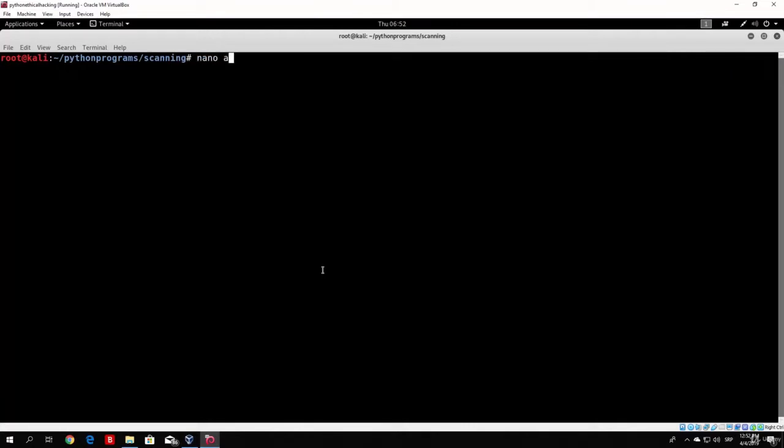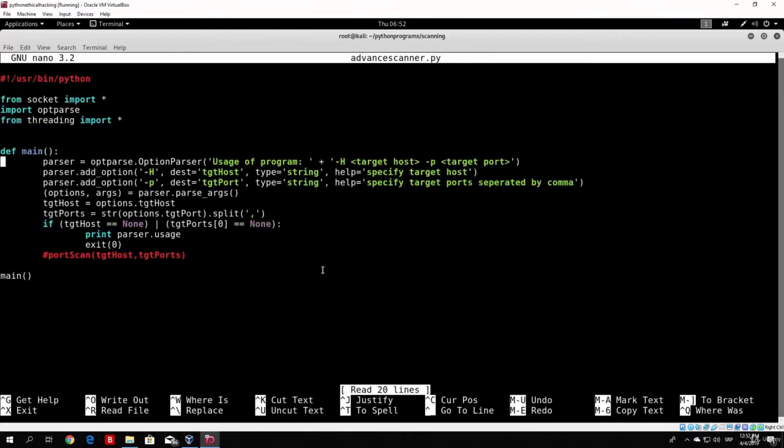So let me just nano the program itself, and in the previous video, as we saw, we managed to create the help options for our user. Right now let us create the port scan function, which we specified as the last line of our main function. So let us actually unhash this, and let us use a simple usage of actually running the main function,